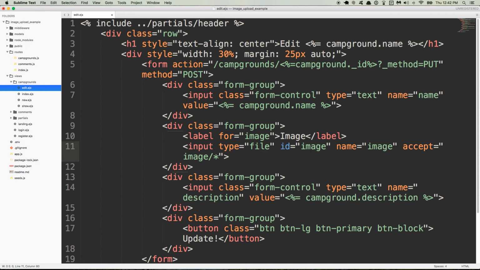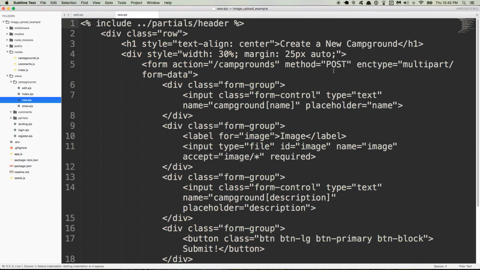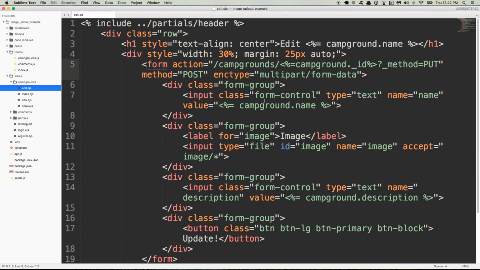So we'll remove the required attribute, and we just want to make sure that the form is capable of handling this type of request. So we're going to add an attribute, enctype, equal to, and then inside of quotations, multipart/form-data. And if you want, you can just go to the new file and copy that from right here. So there's that. Let's save it,